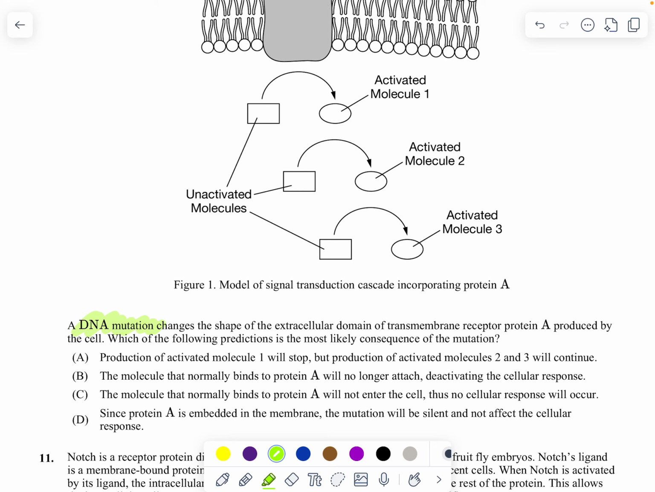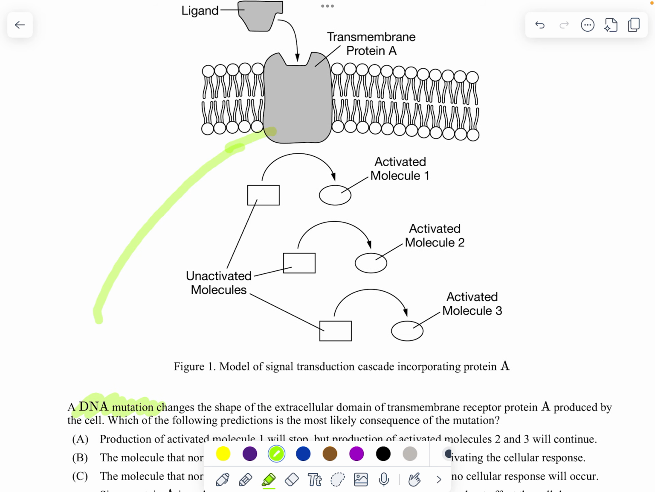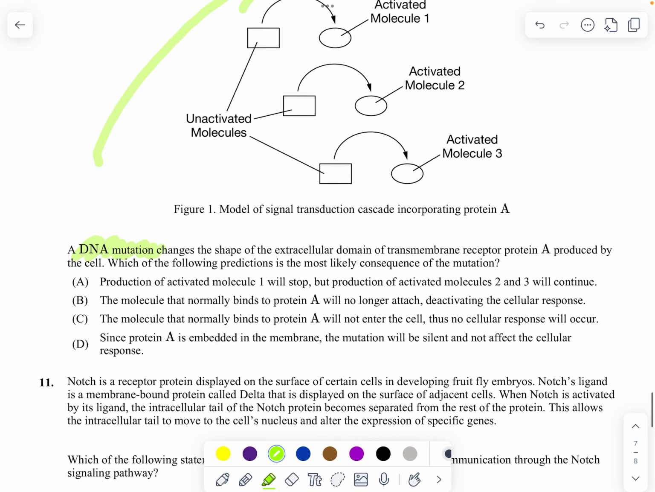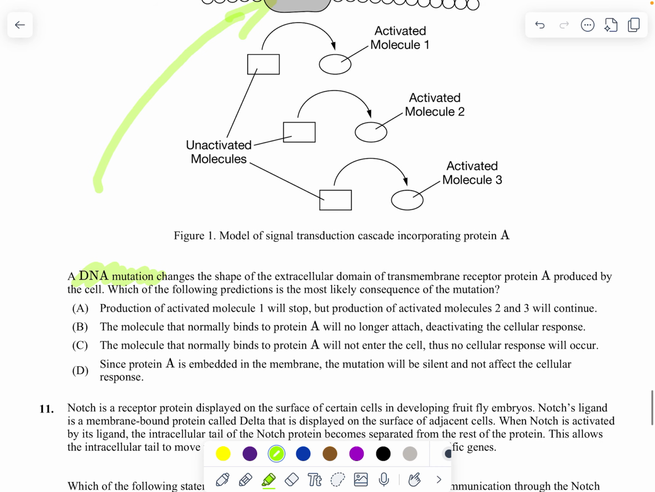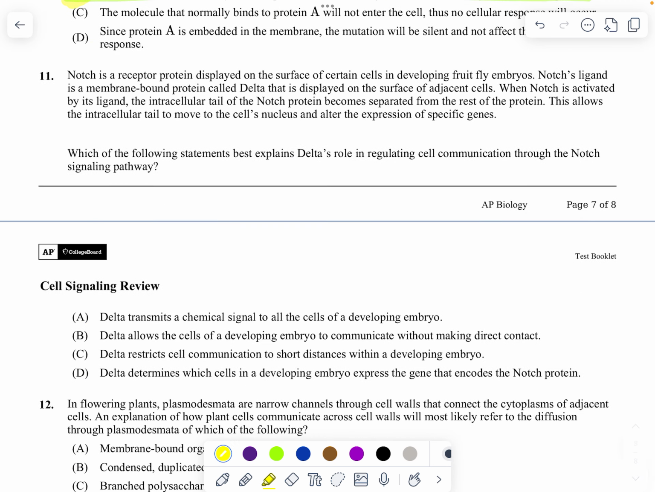A DNA mutation changes the shape of the extracellular domain of transmembrane receptor protein A. It changes this guy's shape. Which of the following predictions is the most likely consequence of the mutation? 2 and 3 can't continue without 1 being around. The molecule that normally binds to A will no longer attach, deactivating. That is the right answer. B. Okay. 11. Notch is a receptor protein displayed on the surface of certain cells in a developing fruit fly